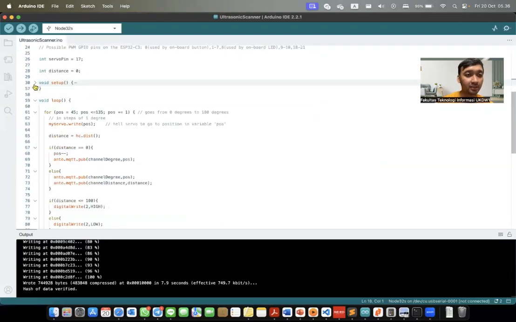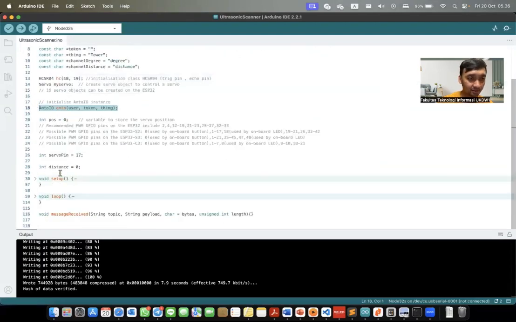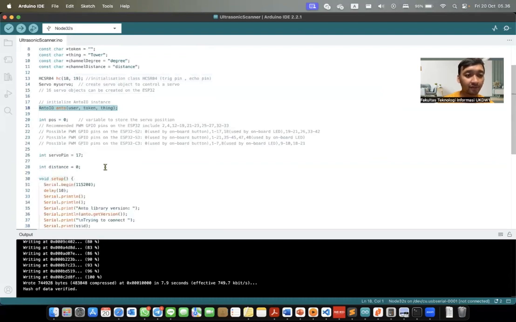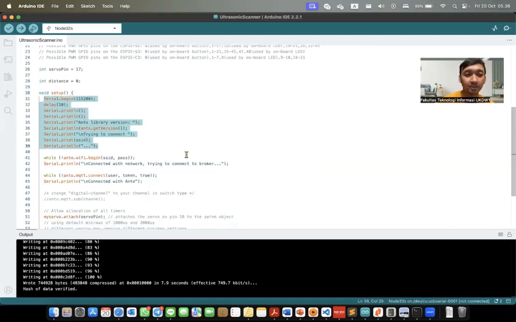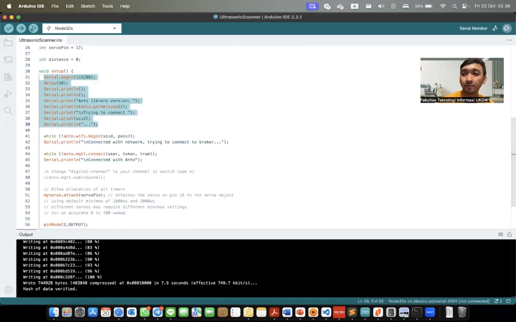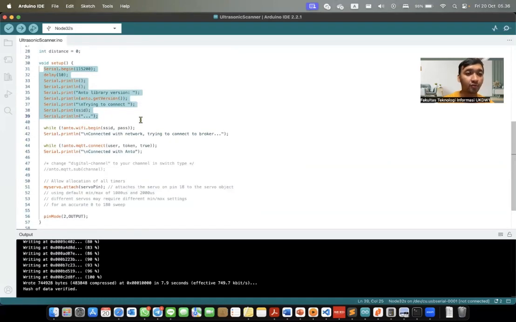After that, we set the setup function, the loop function, and the message receive function. For the setup function, this is just for information in the serial monitor, to know where the process is running.